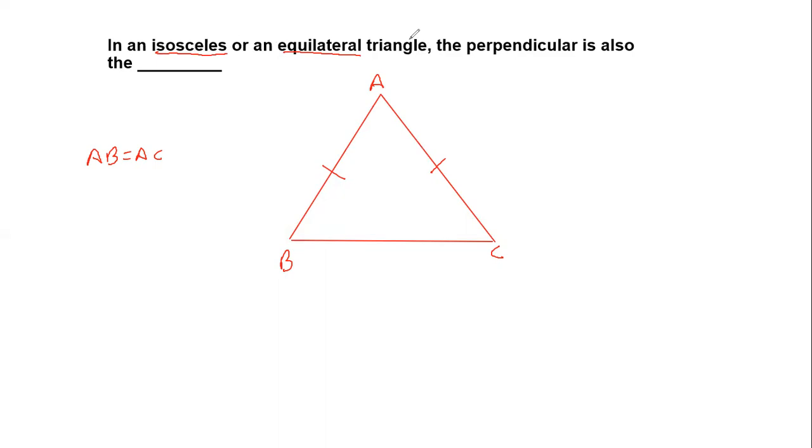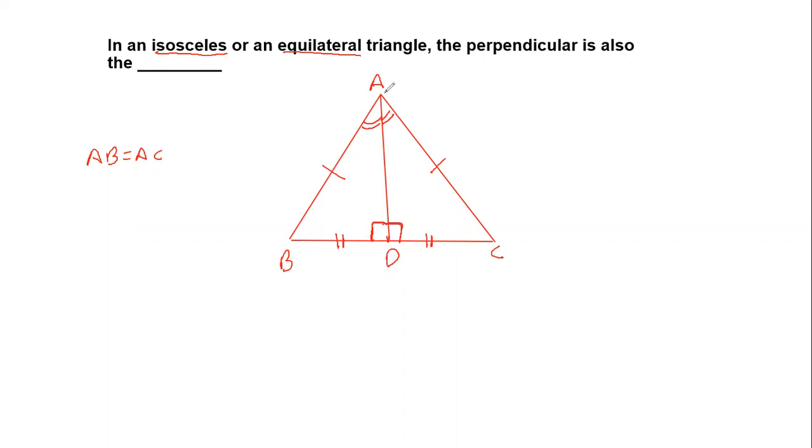And what is the information you should be aware of? Suppose I try to draw a perpendicular here. Three things happen simultaneously. Simultaneously means happening together. So if I draw a perpendicular, first of all, this angle will be 90 degrees. Second, it will definitely bisect the base. Third, it will definitely bisect the angle. So if I know any one, the other two have to be true. That's why I said that they will happen simultaneously.